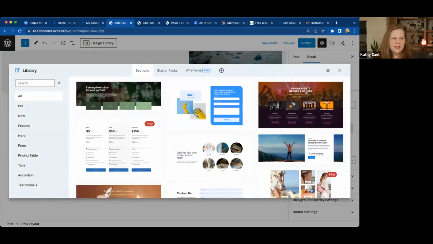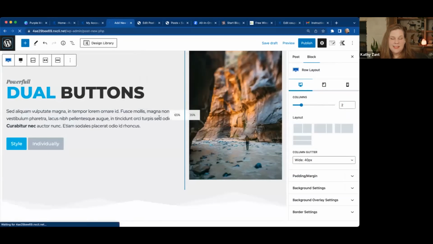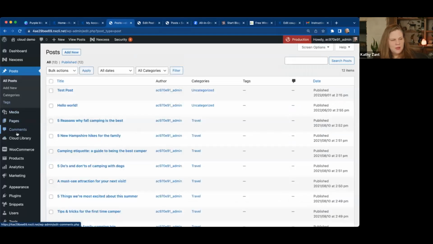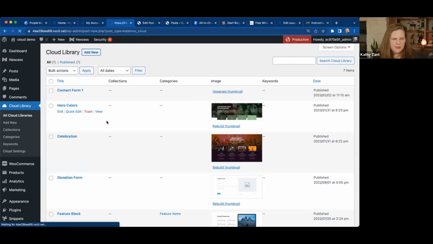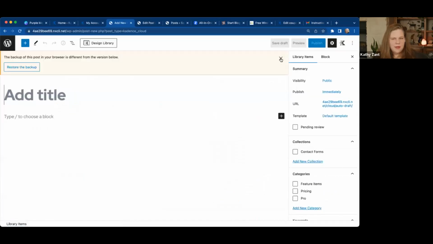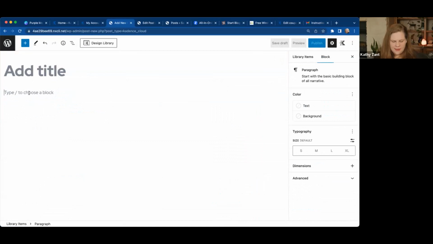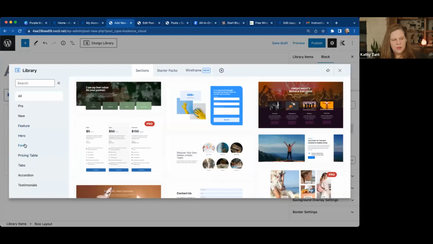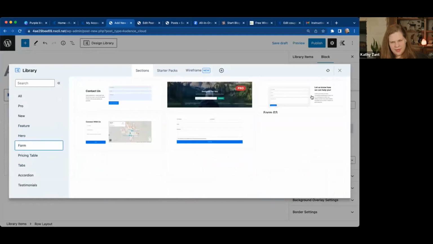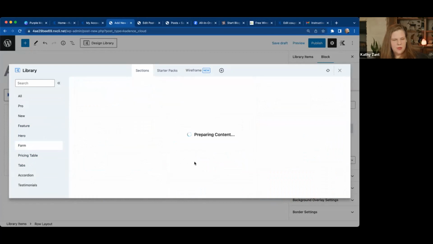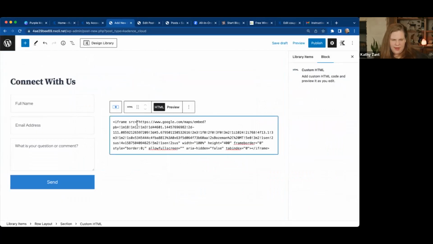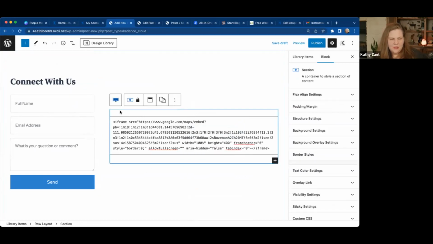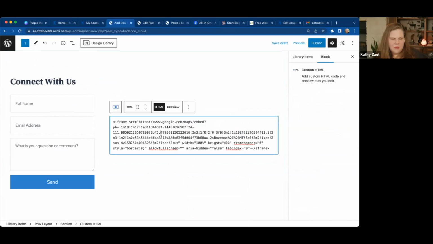And on this site, I have the same plugin that we're using installed over here so that you can see cloud libraries. And these are basically anything you want to set up. So let's say you want to do a contact form. You could build it from scratch, or let's say you want to just inherit from one of ours, but you want to customize it. So let's say you want to do this with a map. And why is that not using the maps plugin or the maps block? Let's change that actually. Instead of using an iframe,